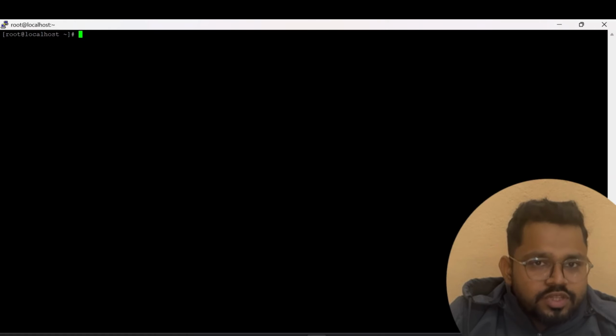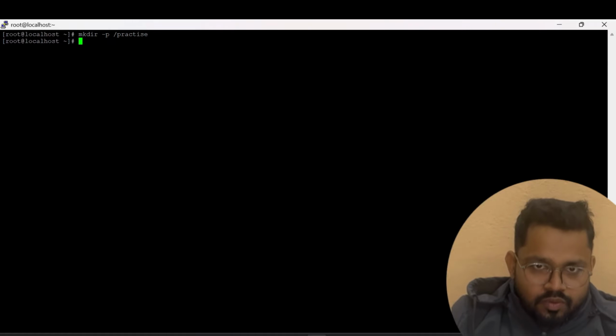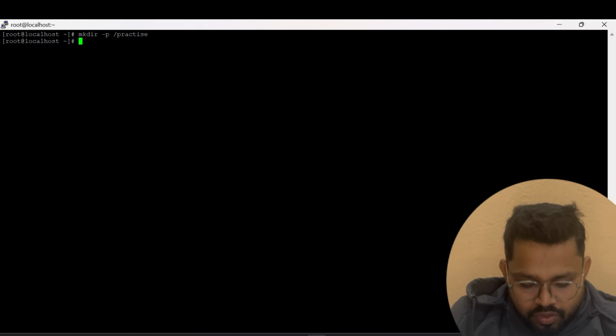Now let us see how we check the permissions on the system and how we modify them. Let me make a directory in the slash called practice. Notice that I have logged in as the root user and I am in the /root directory right now. That's the home directory of the root user. This tilde represents that I am in this user's home directory. Moving on,